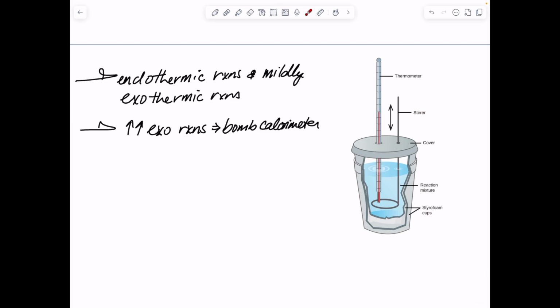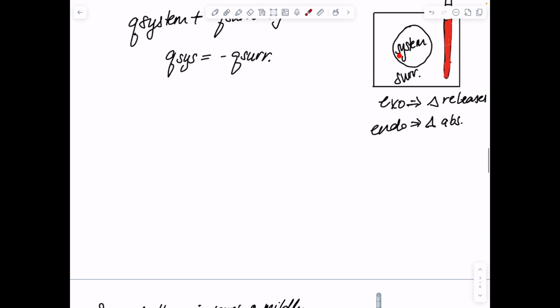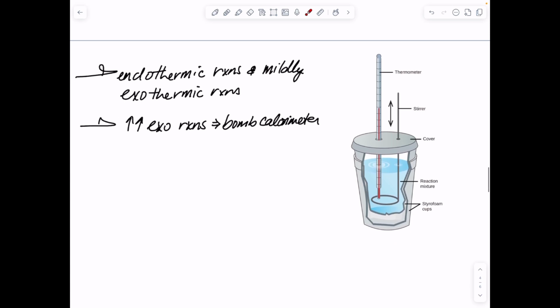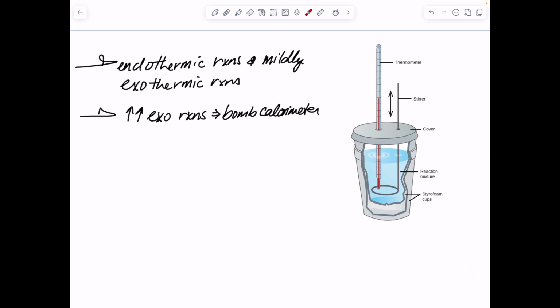So in an ideal situation, we only have exchange of thermal energy between the system and the surroundings. Okay? And heat doesn't dissipate out of that system or surrounding, that sort of calorimeter, if you will. But in real life, when we make our own makeshift calorimeter with a coffee cup calorimeter, this is probably what your lab does. It's probably a portion of a lab that you're going to do is coffee cup calorimetry. But this isn't an ideal situation because we obviously didn't perfectly seal it, and so we have some exposure to